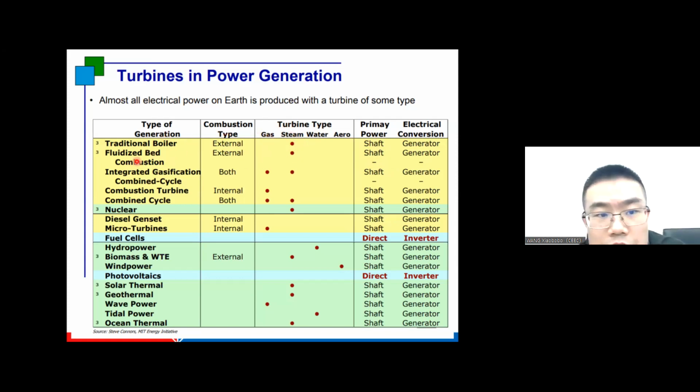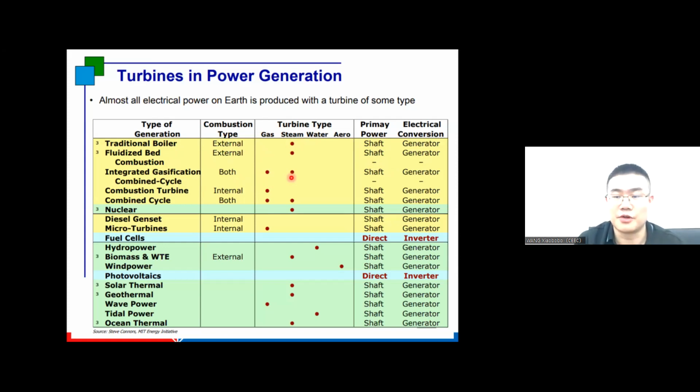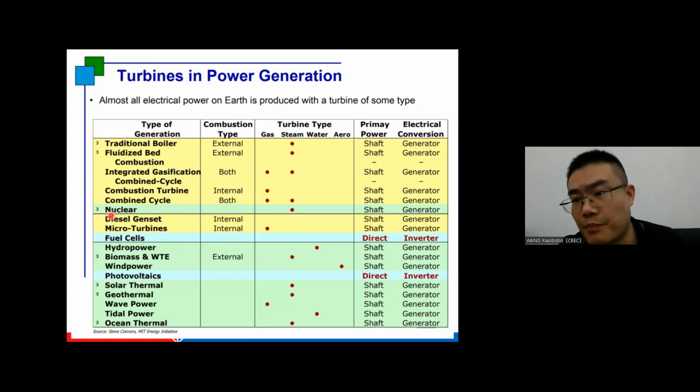The boiler, traditional boiler. The IGCC both have a gas turbine and steam turbine because it's a combined cycle. It has two cycles, like the combined cycle of gas turbine, combustion turbine and gas turbine. They always have a shaft and the electrical conversion like a generator. Nuclear also. The conventional island of the nuclear power plant is similar to the steam cycle of the coal-fired